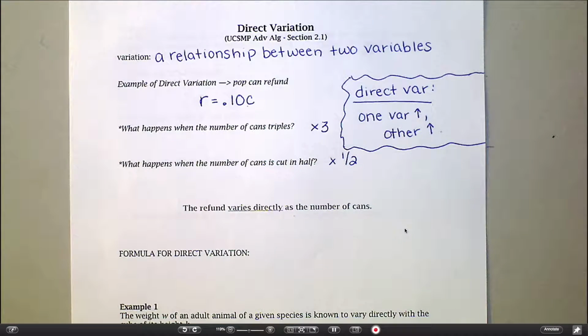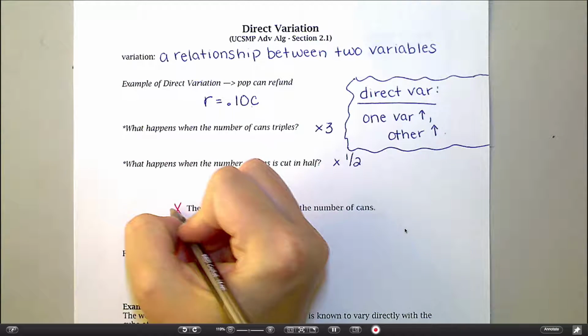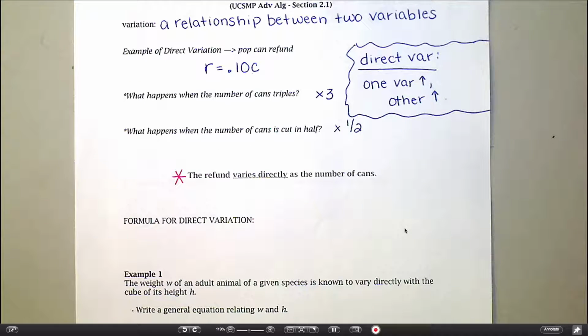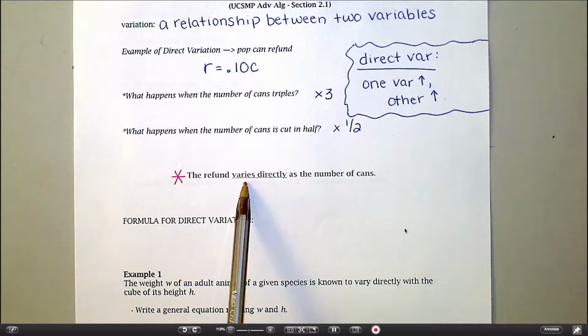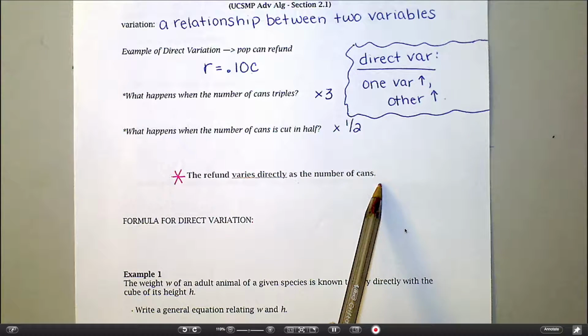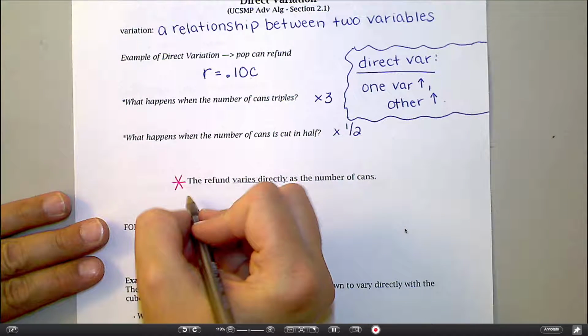We're going to throw some exponents at you, and I actually don't remember if that shows up in this lesson or the next one. That's going to change that a little bit, but for right now, that's what you need to know. You will want to make sure you mark down this sentence. Remember there was a sentence with function relationships that I had you write down, and it was really important. This is important too. So in this particular example, we would say the refund varies directly as the number of cans, okay? And so if I wanted to write this a little more generally, I would say